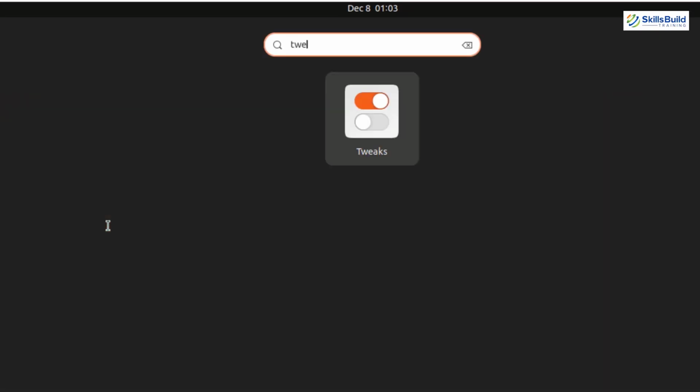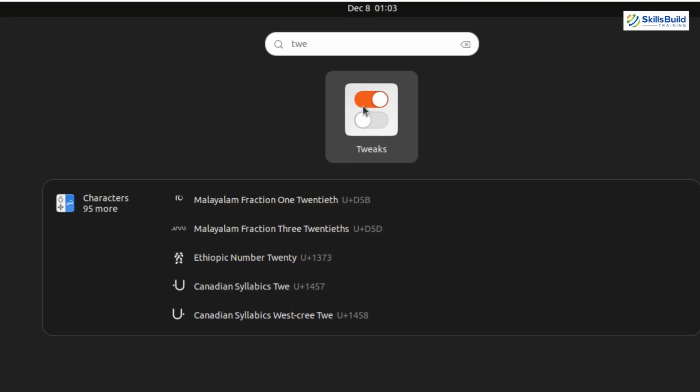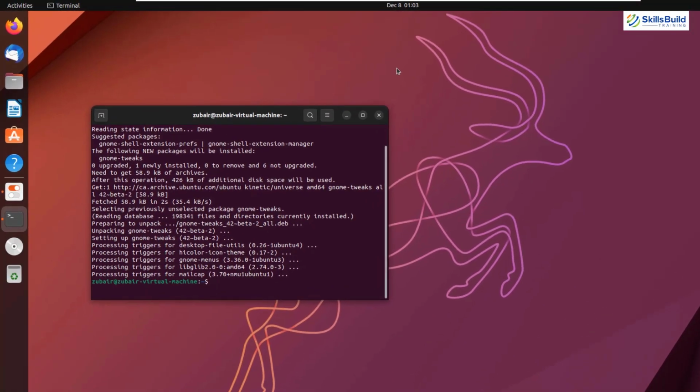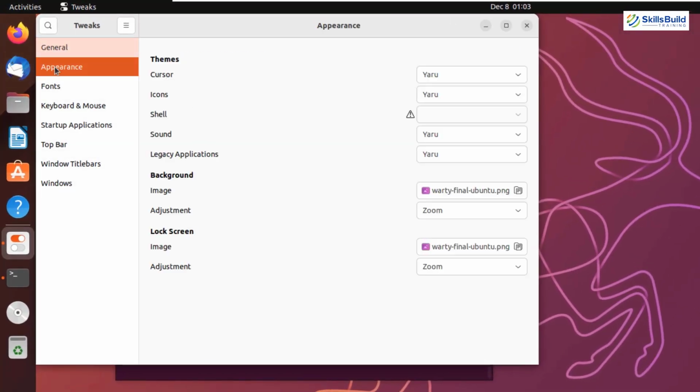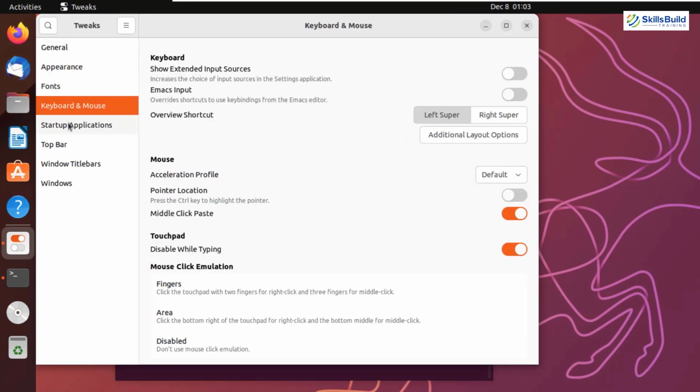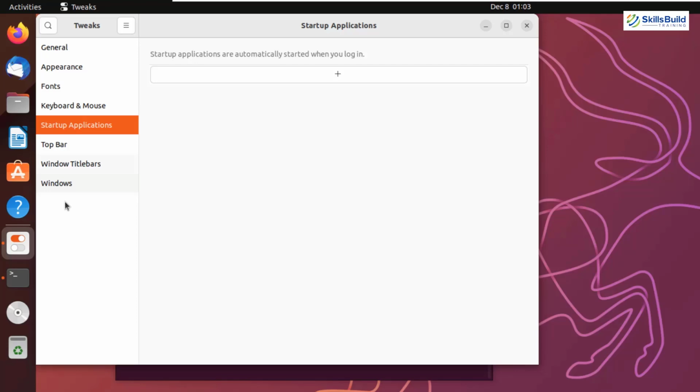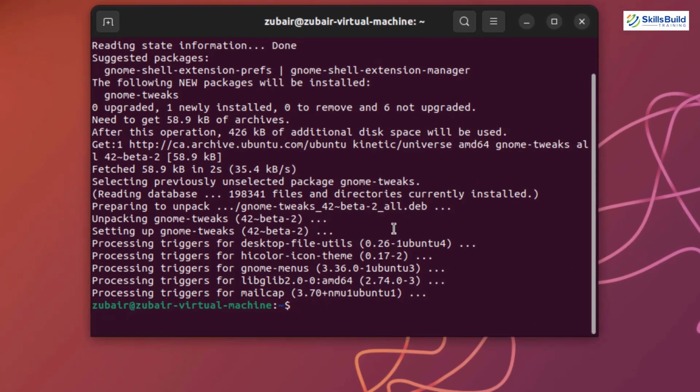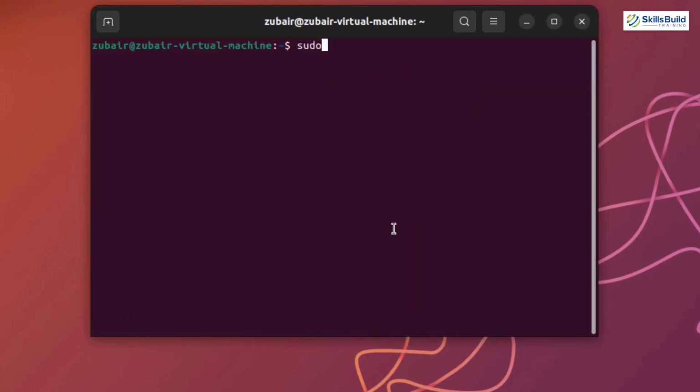I'll just search for that and here it is. I'll open that one and here I'll show you different things. As you can see, you can do different things in terms of appearance, fonts, keyboard and mouse, startup applications, and many other things. For the moment, we have nothing to do with this one. So I'll just close this one and now let's install another utility that is really necessary, and the command for that is sudo apt install